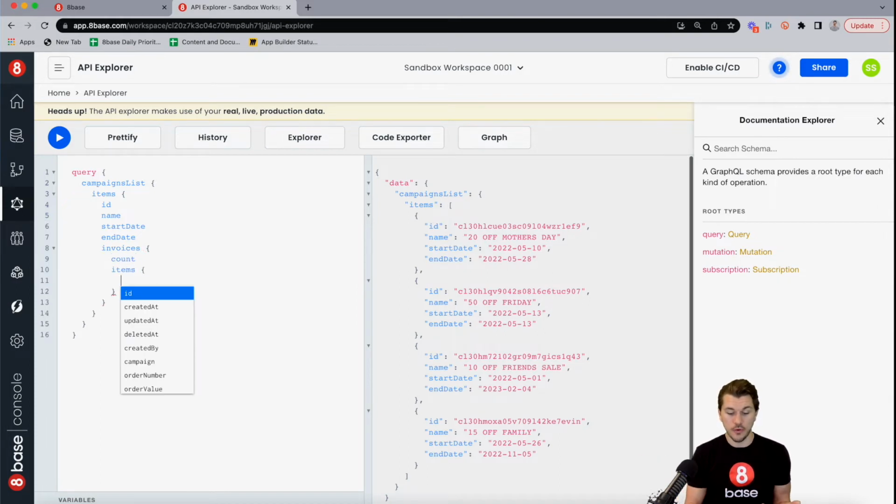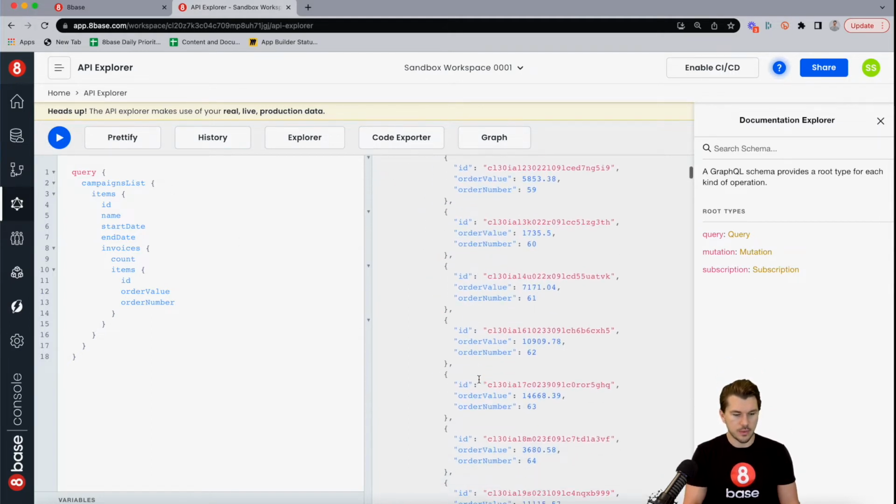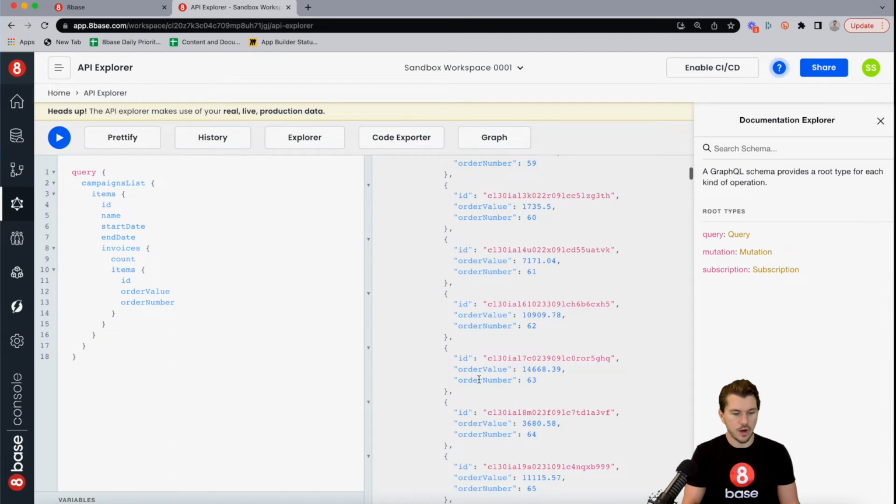The first way would be, let's actually just get back all the invoices that belong to each one. So we want the ID of the invoice, we want the order value, and we want the order number. And then in the front end, wherever we're developing that, we would process all those records and perform the type of aggregation functions that we want on them. Once again, for 150 records, you could get away with that. But what if you have tens of thousands of records in your database, or hundreds of thousands, millions of records? You're not going to be able to load all that data into the front end